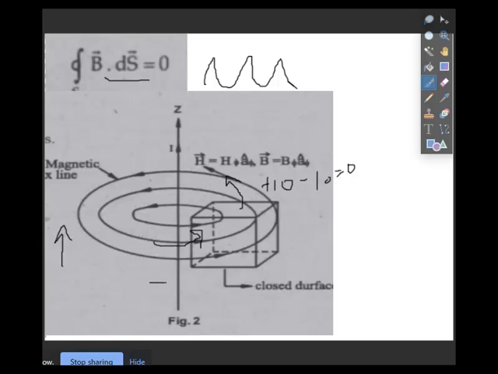So this expression shows that the total number of flux lines crossing any closed surface will always be 0, whether it is a time constant field or a time varying field. So there is no need to change Maxwell's fourth equation, because the fourth equation, that is integration of B dot dS, is valid for time constant as well as time varying fields. So now we can write all the 4 expressions collectively as